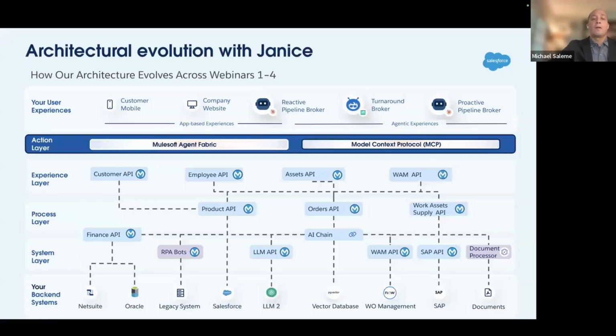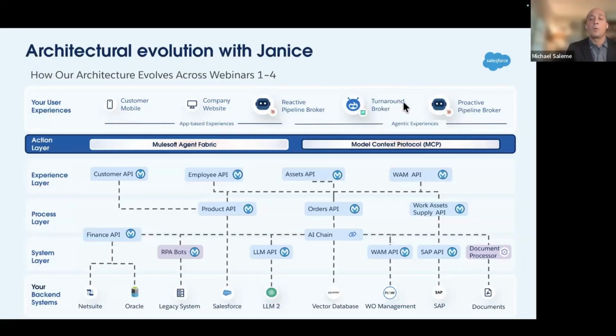She's starting to map out her entire architecture of what she's built over the past 3 webinars or 3 sessions. She's built a reactive pipeline broker that monitors health assets and responds appropriately in a very fast way. She's built a proactive asset broker. The proactive broker is what we looked at last week, where assets are looked at, their health is monitored to be able to get in front of issues before they turn into complex issues.